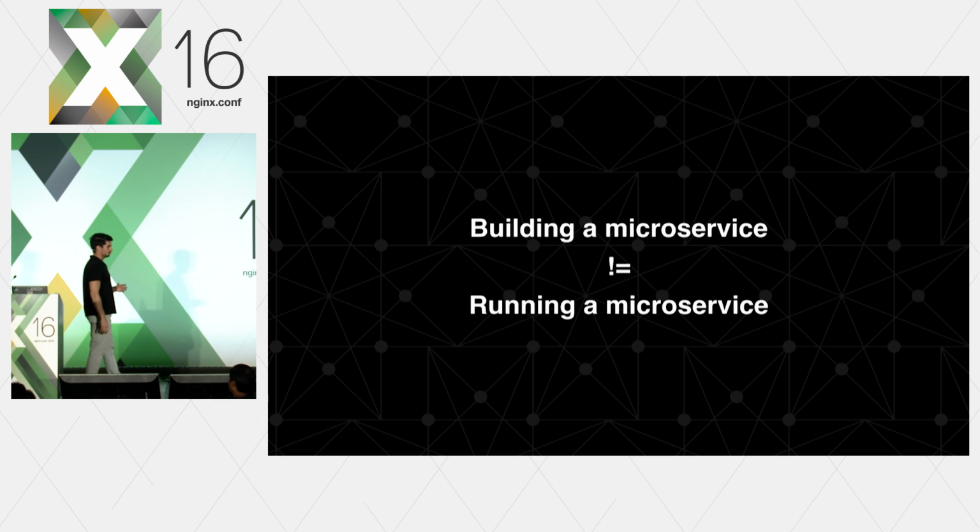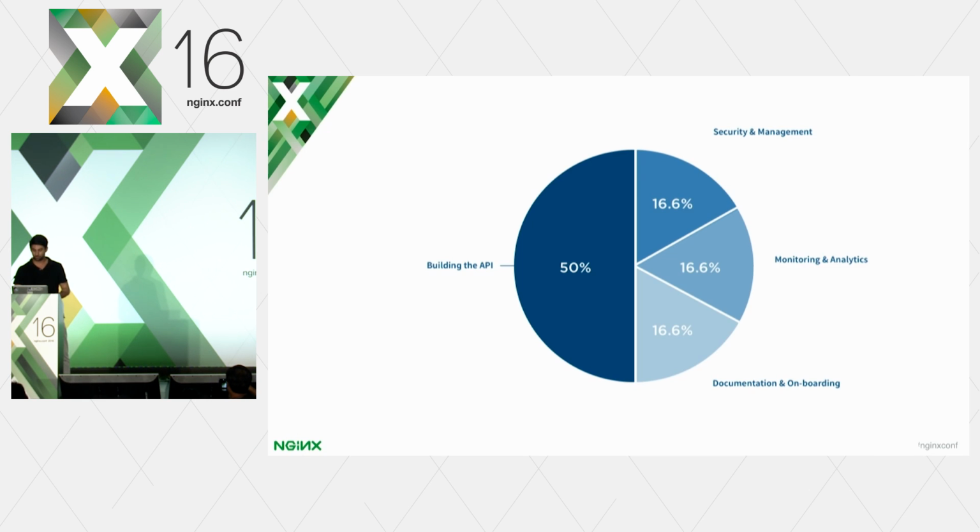And sometimes there is also this misconception that's very common. Sometimes product managers, software engineers, they think that building an API is the same as running an API. And so building a microservice is the same as running a microservice. But those are two different problems, and they have to be addressed in a different way. I think that building the API is usually 50% of the workload required when building a microservice or an API. And then there is this other hidden 50% of the workload that not everybody takes into account, which is,